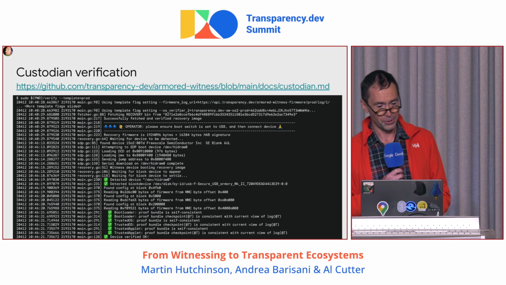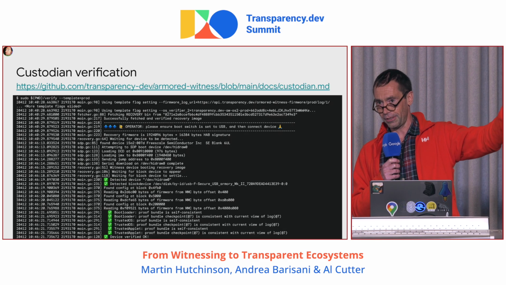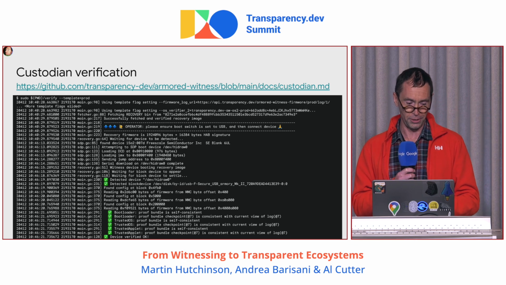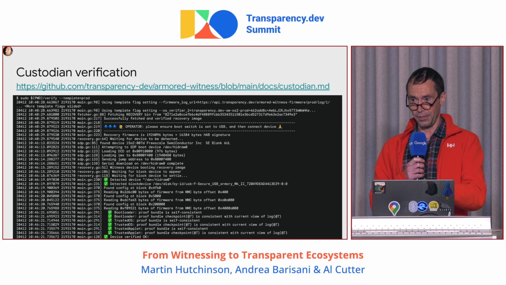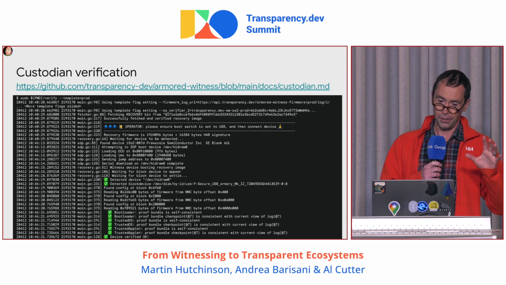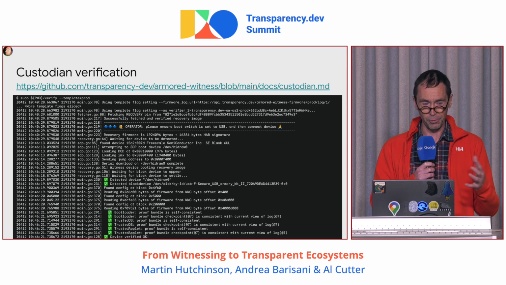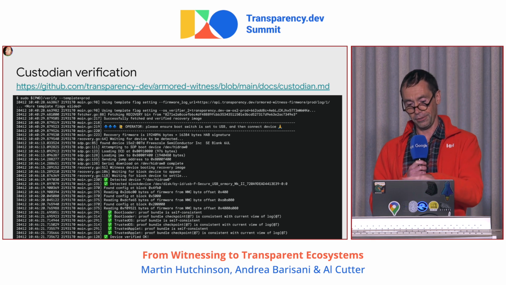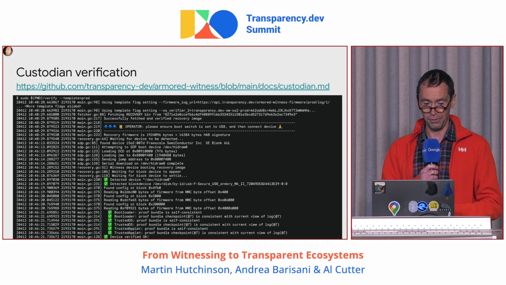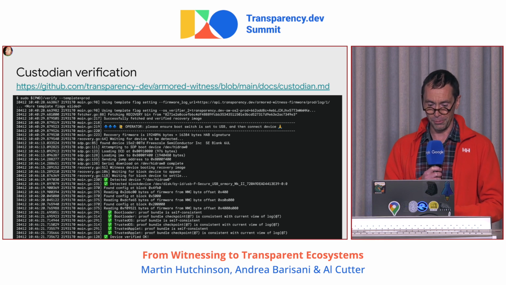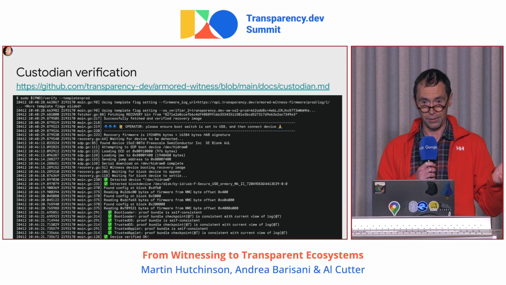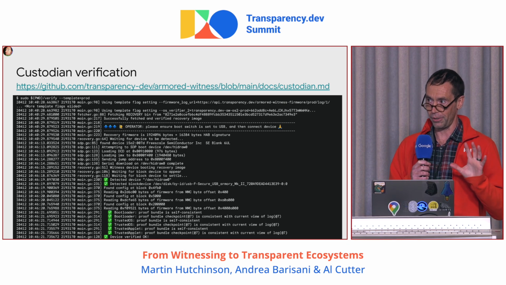So one of the things that we did when we sent the devices out to the various custodians, we also sent them a sort of little welcome pack, which did not include gummy bears because of export restrictions, but it did have a link to a little manual which describes a bit about the device and all the rest of it and your responsibilities as a custodian. And one of them is to run another open source command, which is called verify, which does probably what you think it does. So it will, again, reset the armored witness into this recovery mode,